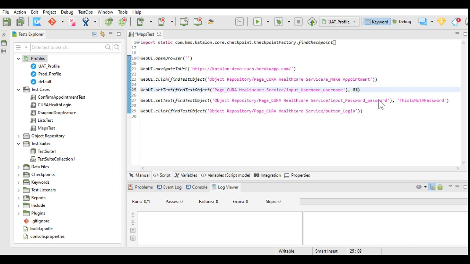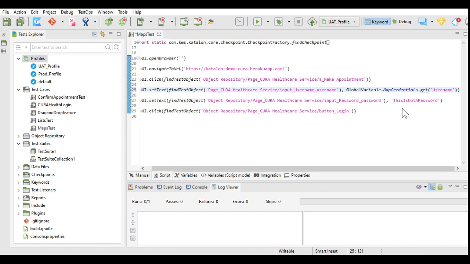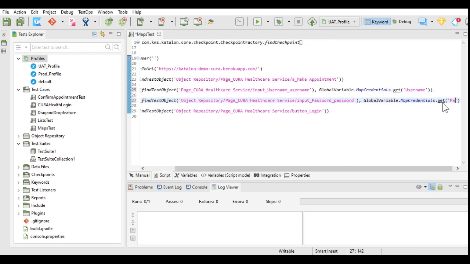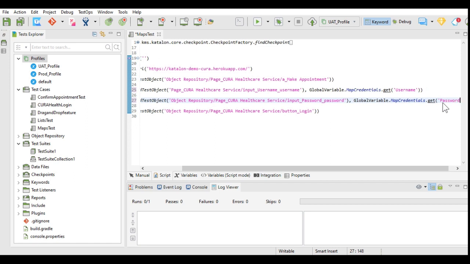For that I will write GlobalVariable dot map credentials dot get, and inside the brackets I will provide the key. That key will fetch the value assigned to the key. In a similar way, I will change it for the password. I will provide the key for the password, that is password.